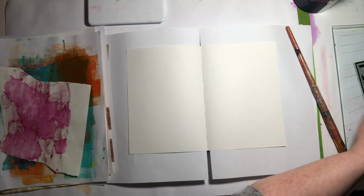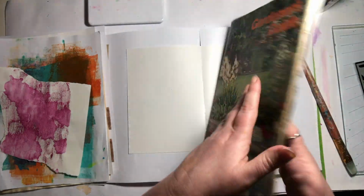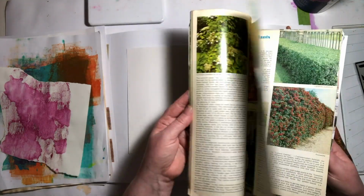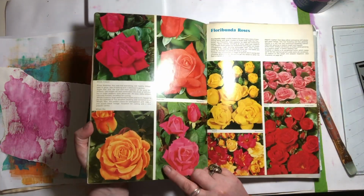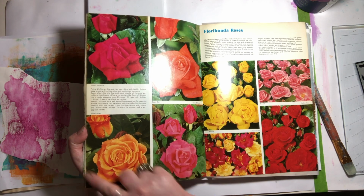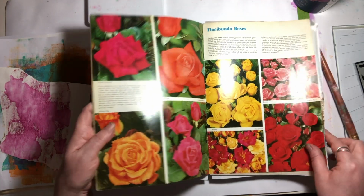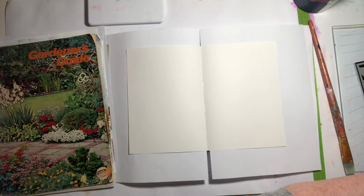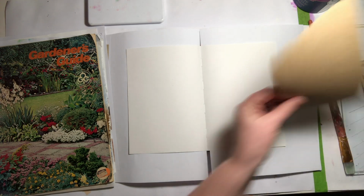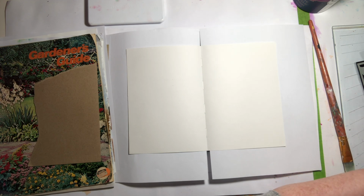And you can also in your collages use old magazines. This is a lovely old gardening magazine that I've been given, and I have one page in it that I might use. So I love these roses, so I might cut one of these out and incorporate it in as well. I'll also photograph these for you so you can use them as well. You'll just need to print them out in colour. I might also, you know, I have all sorts of different pieces of paper, and